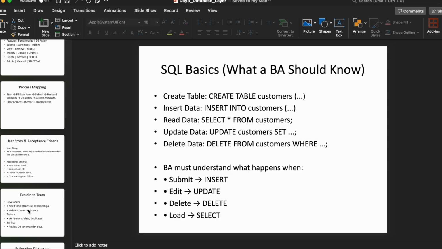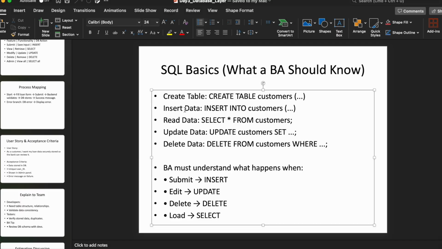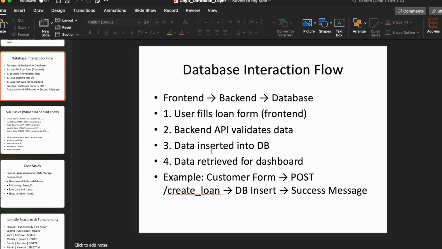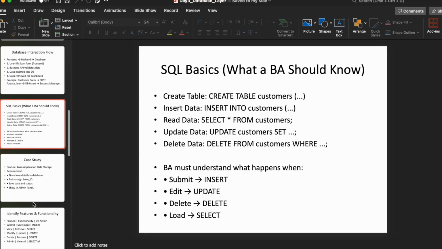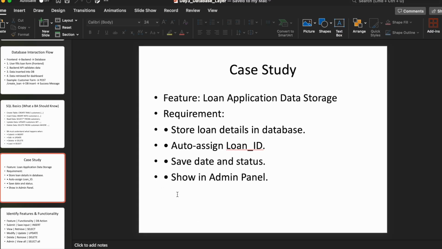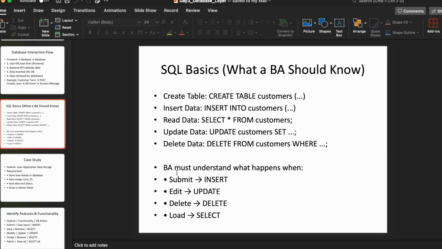When we use the command create, the syntax creates the table. For inserting data, we use insert. To read or retrieve the data, we use a command called select. To update, we use update, and then delete. You don't need to write any SQL queries for this. You just need to understand, from the customer's point of view, how the insert, the update, and the delete work. Okay,